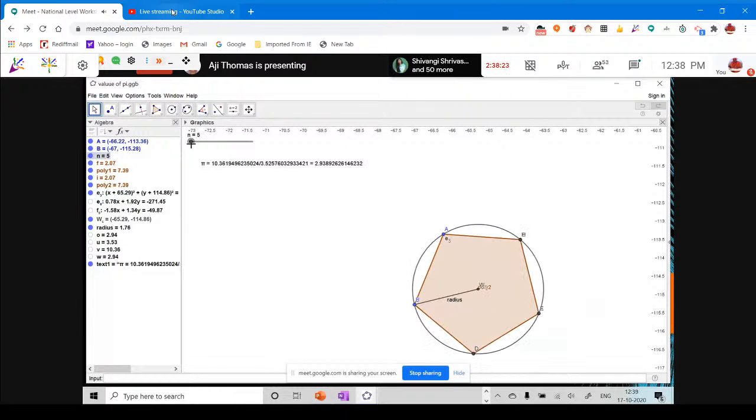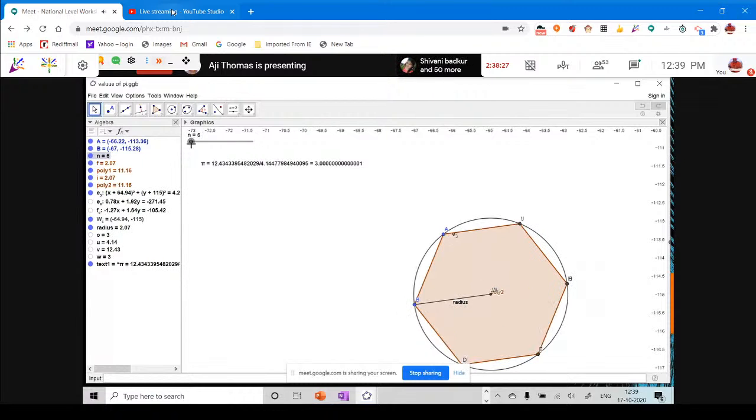the size is fixed. You can see that the side is this segment F. On the left hand side, you can see that segment F is 2.07. This means that these are the polygons. Only the number of sides is increasing, but the length is fixed. It is 2.07 only. So when I'm going to increase this,